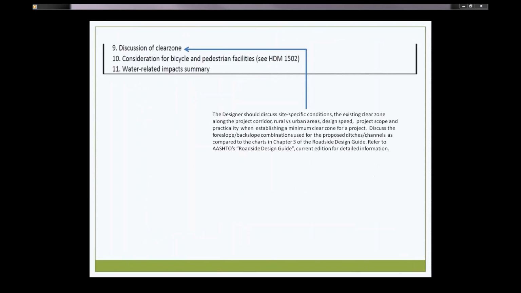Discussion of clear zone. The designer should discuss site-specific conditions, the existing clear zone along the corridor. For instance, if you have a project that's got trees for 2 miles that are within 10 foot of the roadway, then you've only got about an 8 or 10 foot clear zone. Whether this is rural or urban, your design speed, your project scope, and practicality of actually establishing a big clear zone